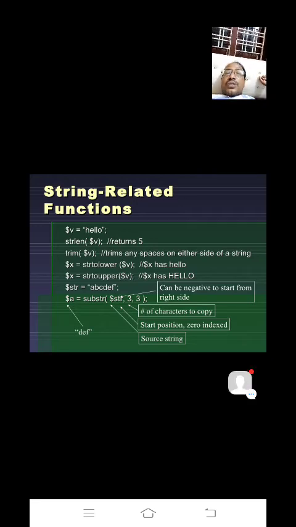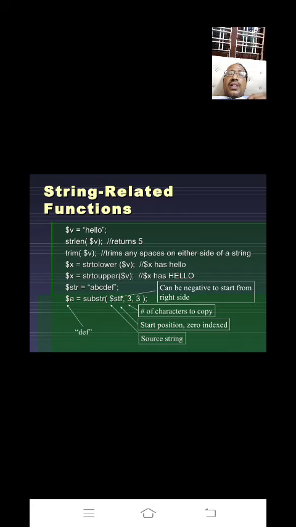Now first, let's see strlen. So strlen($v): what is the value in $v? Hello. You will get the result automatically after executing this file. Str means string, len means length. This function can be used to find how many characters are there in the given string.